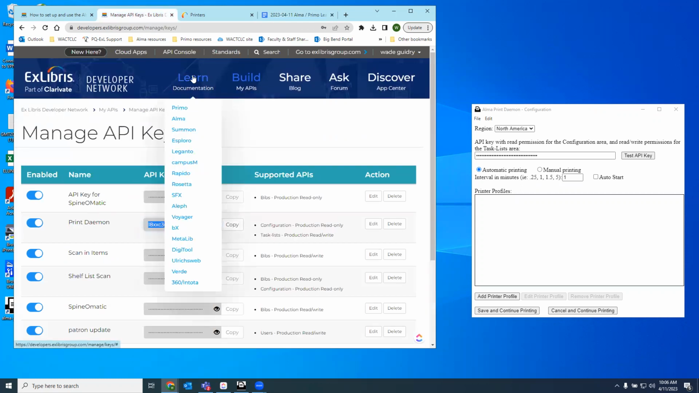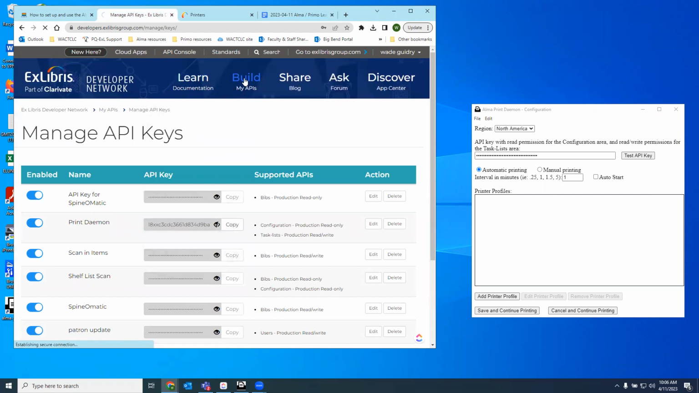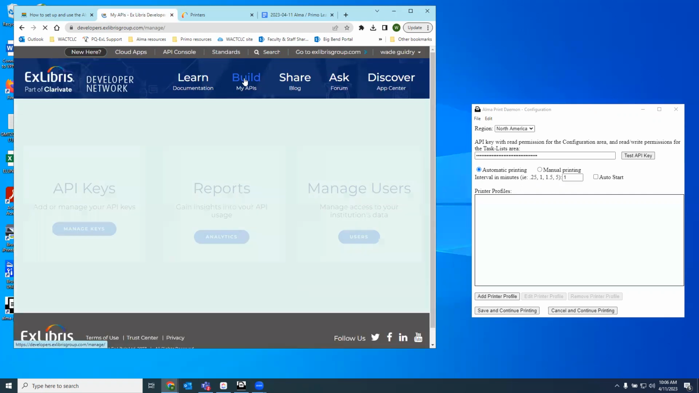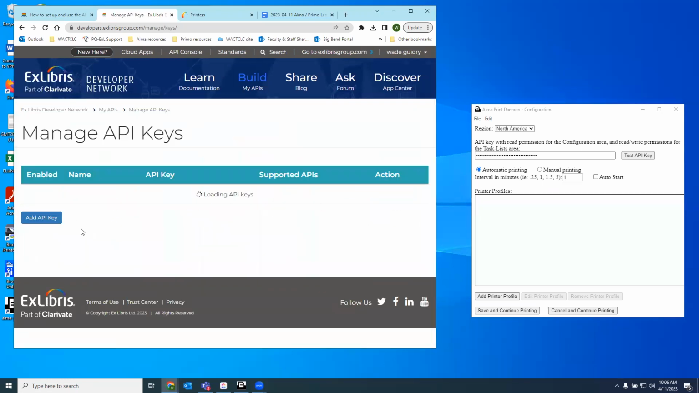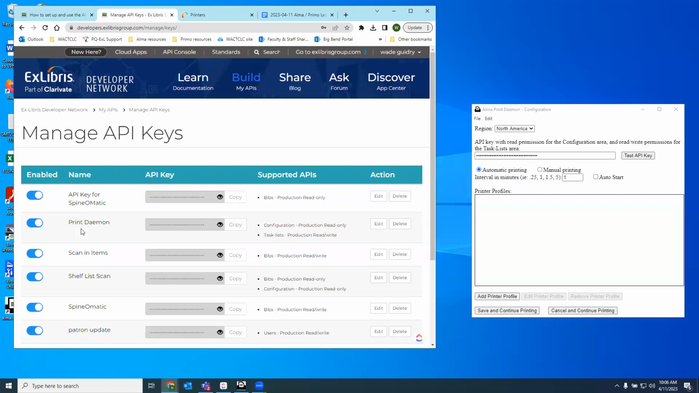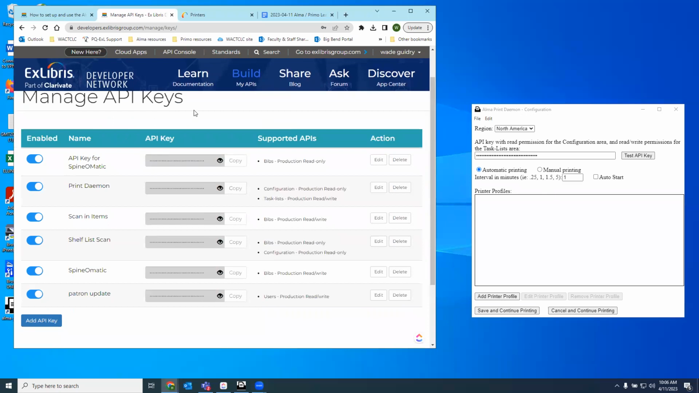When you log in, there'll be all this stuff. And you can go to build my APIs. And you should see these 3 boxes. You go to manage keys. And from what I saw in his documentation, I think he set up APIs for Shelf Scan and Spinomatic for everybody at some point. But I already